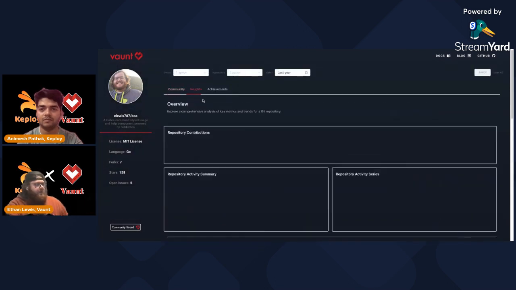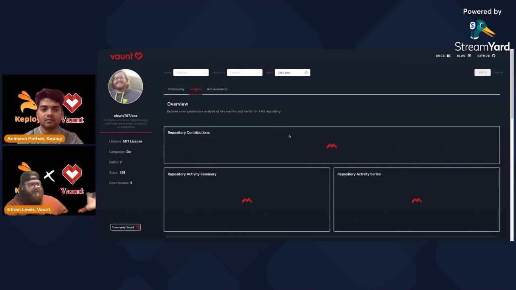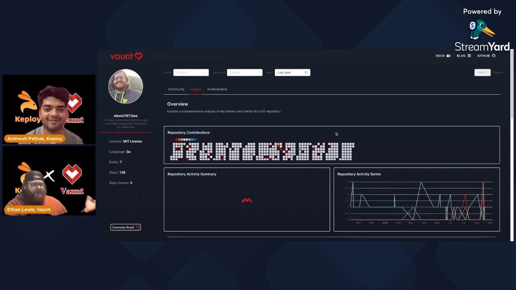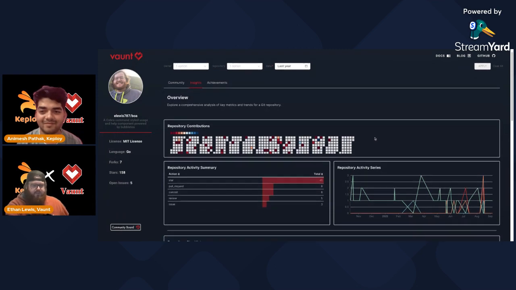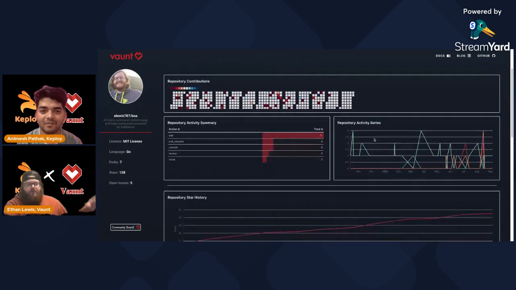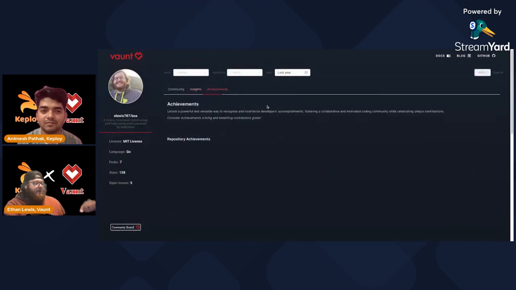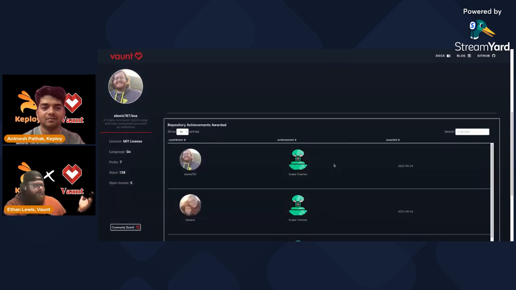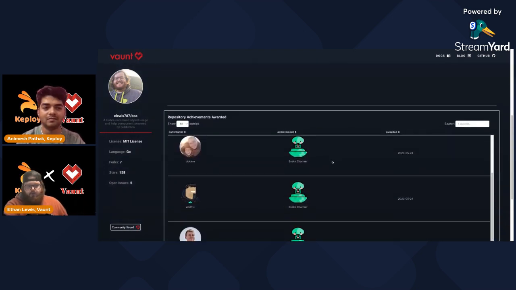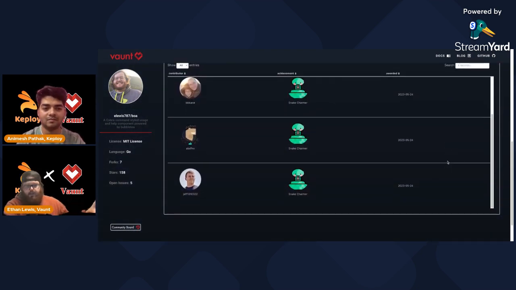We also have insights tabs, where we are currently providing some analytics data on the repository. These will likely evolve over time as we develop those KPIs further. And then we also have our achievement section, as I mentioned, that showcases all of the users that have earned the achievements, gets it right up in front, and makes sure everyone understands who the top contributors are for the projects.